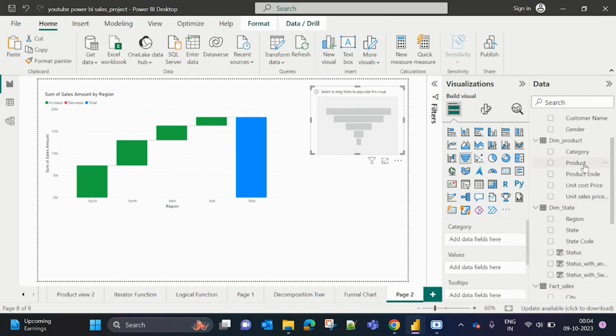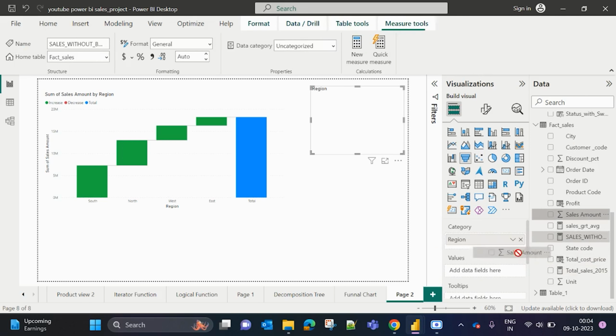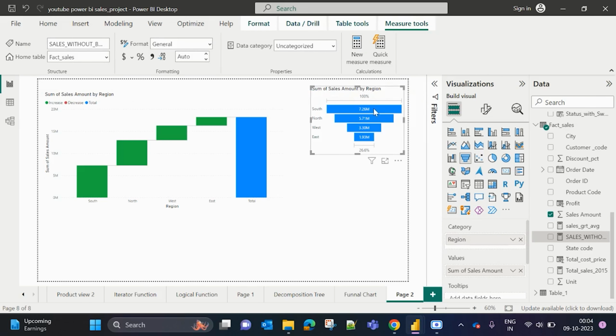In the category, I'm going to take the region, and in the value, I'm going to take the total sales amount. Yeah, so south region is 7.26 million, and the north region is 5.71 million, and here it is 3.30 million, and at the end we have here 1.9, and total is